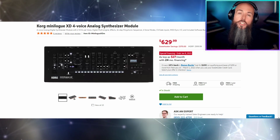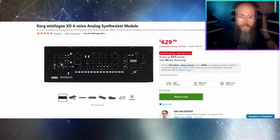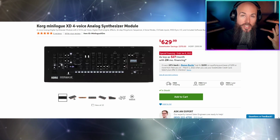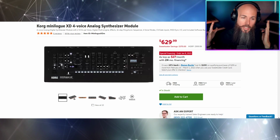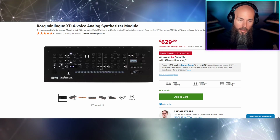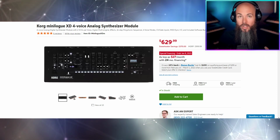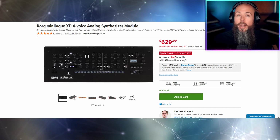It has voltage controlled oscillators as compared to digitally controlled oscillators, so it's going to have that alive moving sound. You don't have to fake it with a vintage or slop knob. It's just the sound of the VCOs. I think the Korg analog sound is incredible, and that this is almost everything you could want from an analog synthesizer. The 4 voices are a little bit of a bummer though, so let's compare it to the runner-up in